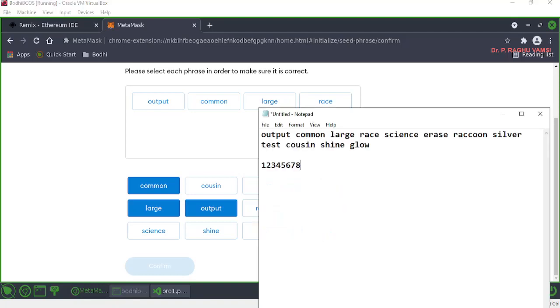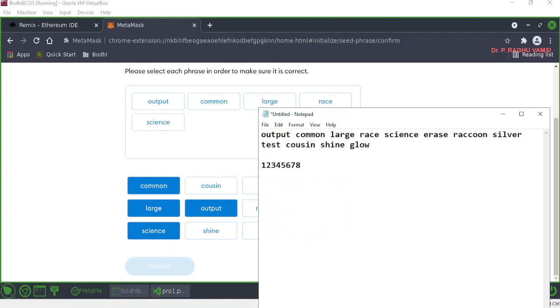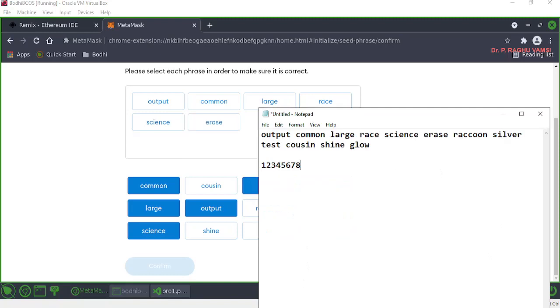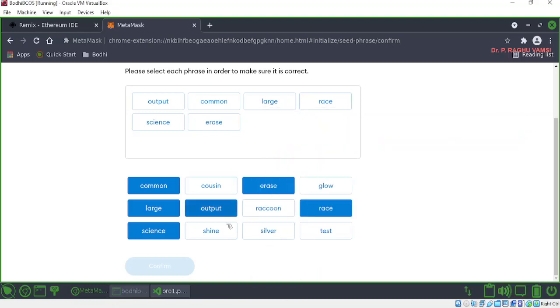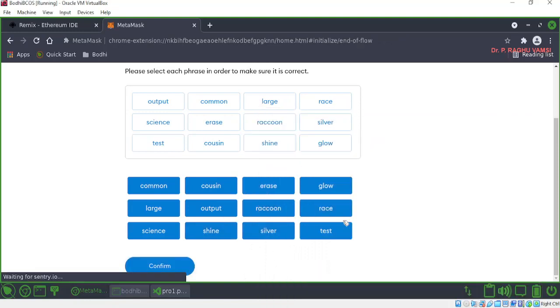The same order you are supposed to provide, otherwise you cannot recover your account. At the time of recovery also the same thing you are supposed to use, erase. So if you have done it in a zigzag way, then your account cannot be recovered during the recovery. Recon, silver, test, cousin, shine and glow.